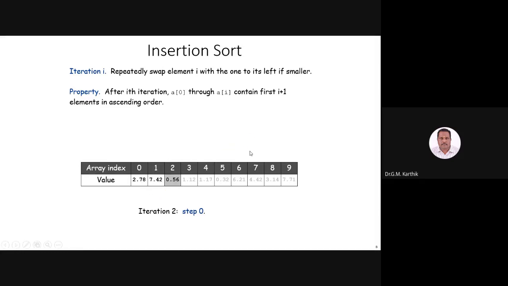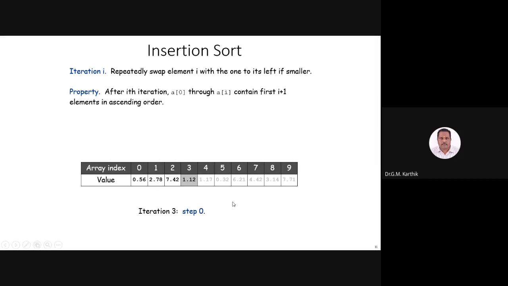So when you see the next element, 56, it has to find the position where it has to be placed. So it will swap with each and every element, making room for its correct position. It will again compare with the first position and the second position. You can see it will have a swap and it will go to the next position. So now first, second and third positions are sorted. Up to this, it has been sorted. Now we'll go for the next element.